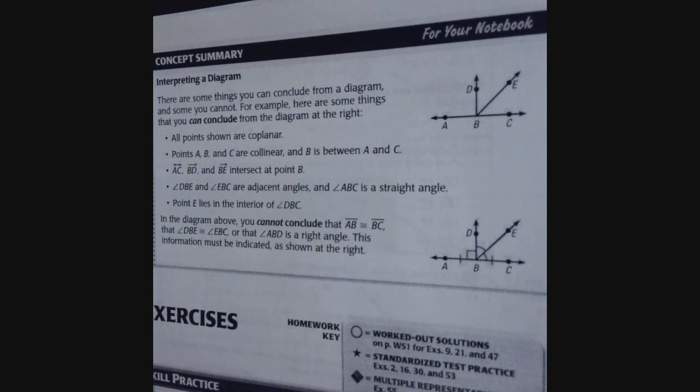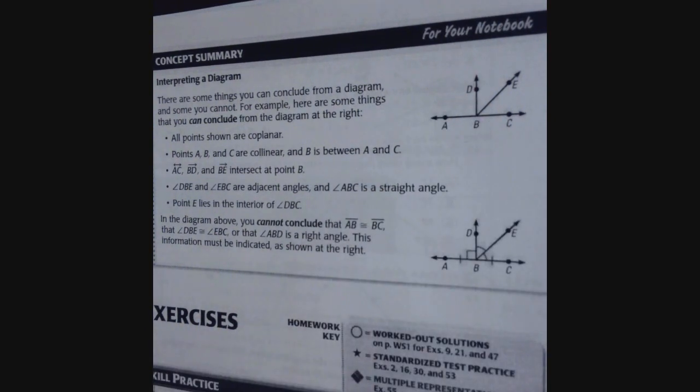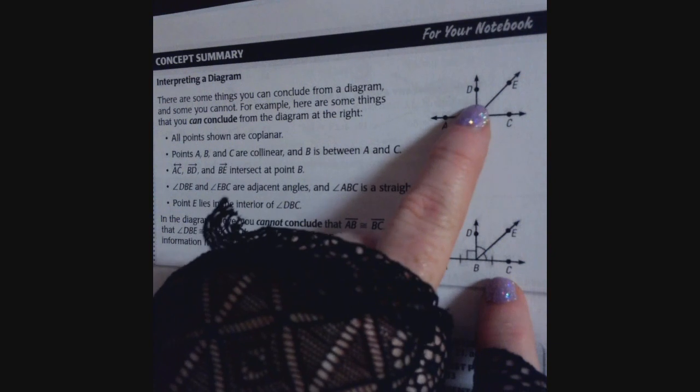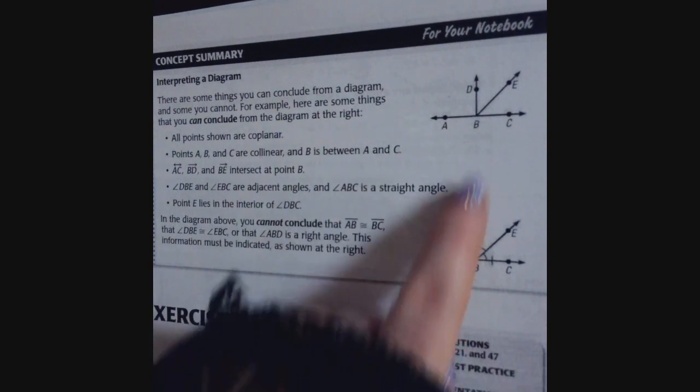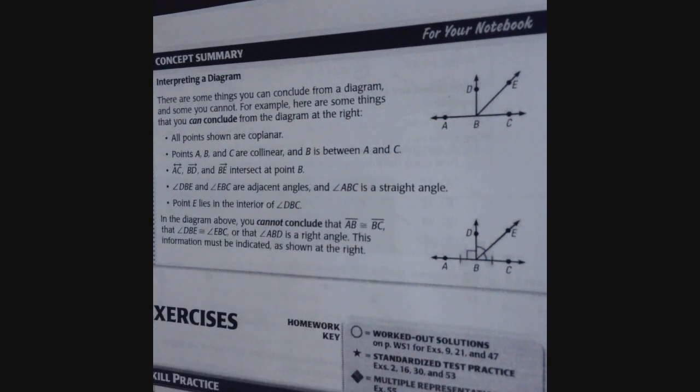Another thing that people will assume, because it looks like that, and I've mentioned it before, is that this angle right here is a right angle. But again, you cannot say that. There's no square. They did not mention that. So you cannot assume that it's a right angle. So be careful when you have a diagram. You don't assume things that are not there. For these segments to be equal, they would have marked them. If this was a right angle, it would be marked with a square. If these angles were the same, they would have the same markings like here. So be careful about that. You can only go by what information is given to you. Okay, we'll be moving on to the next section, so make sure you take your notes, show all your work,